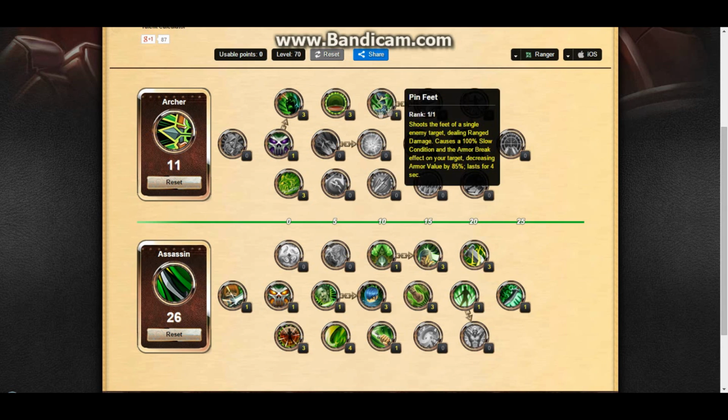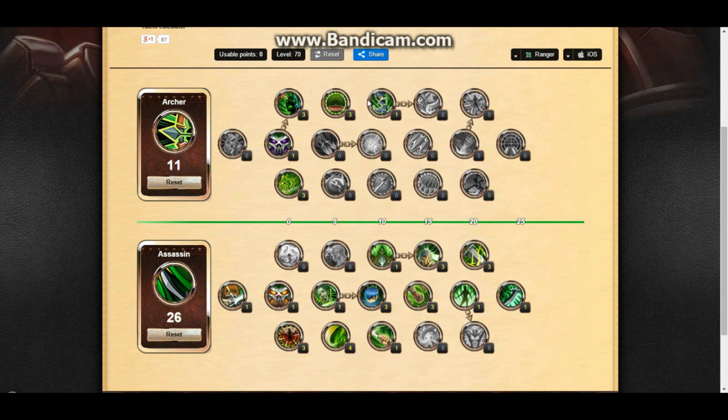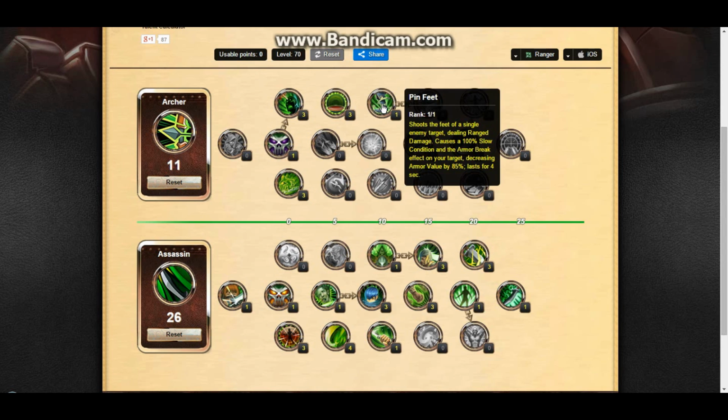So, anyway, second question: why would you spec Pin Feet? And the reason is because of two reasons. Not only does this cause a stun, which is by itself very useful for additional control, especially against heal teams, but also it causes an armor break decrease, 85%. And this is something that Michael, Mr. Besta app, or whatever you want to call him, figured out or confirmed with a screenshot. And this is also something that Crumbs told everyone about in the main board,